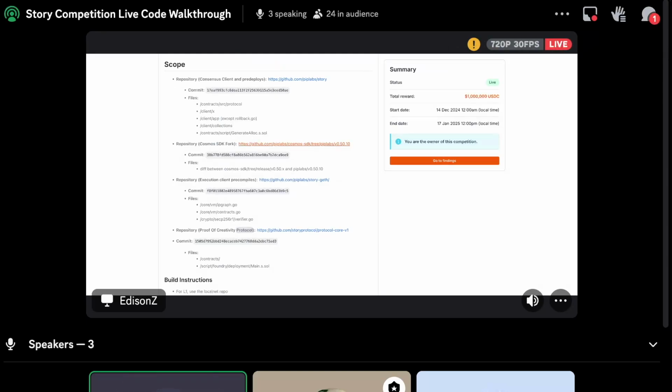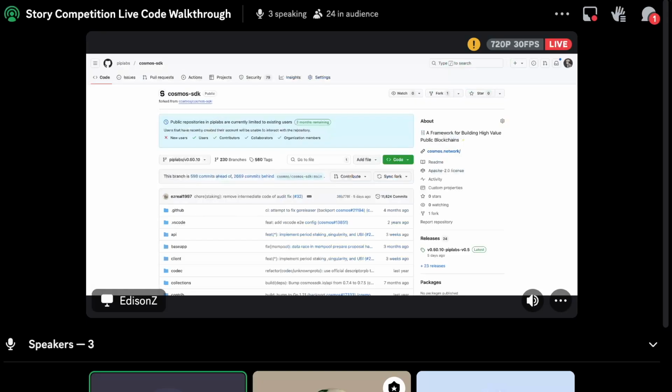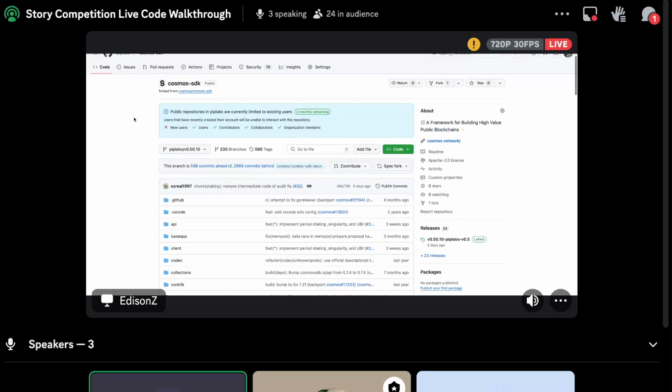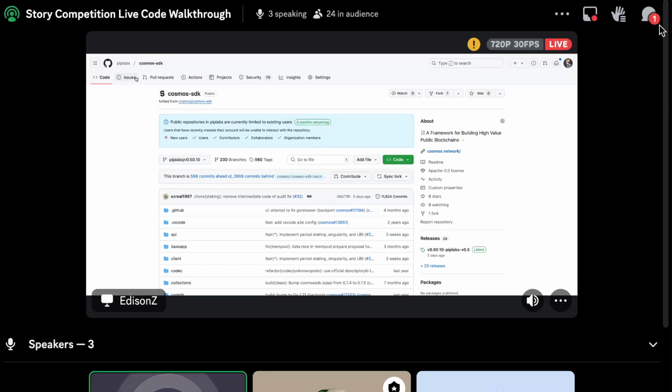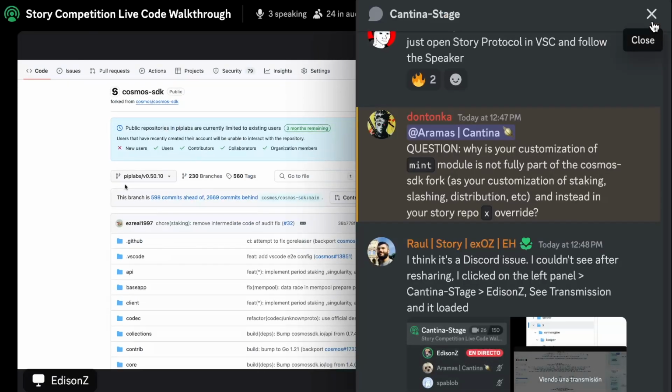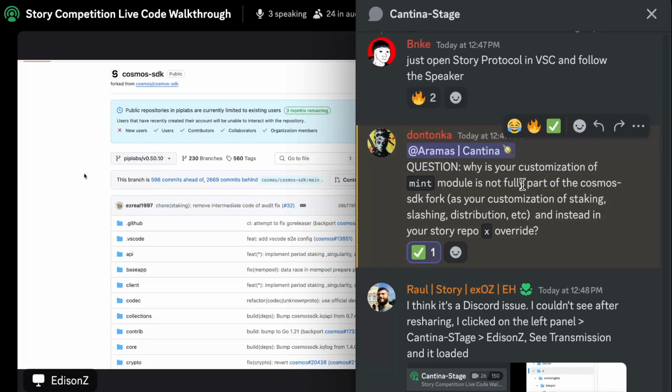So I'm sharing the Cosmos SDK fork here. Let me know if you cannot see it. In our Cosmos SDK fork, we put our changes in our own branch. And if you want to look at the difference between our changes and the main branch,